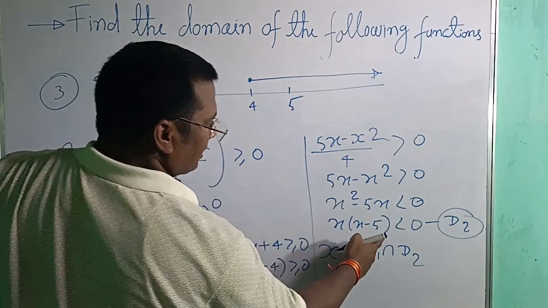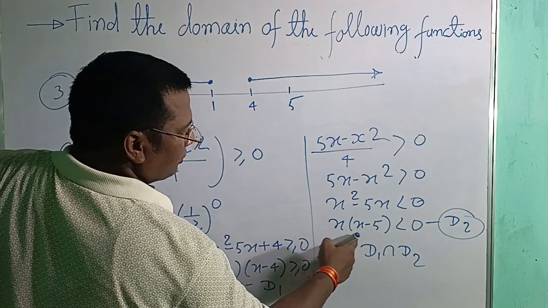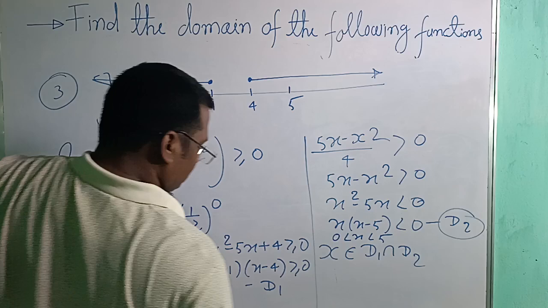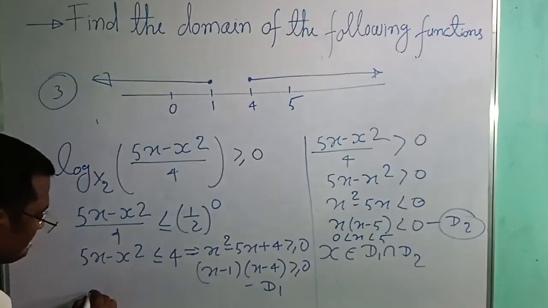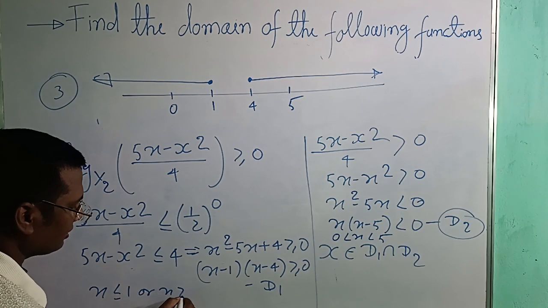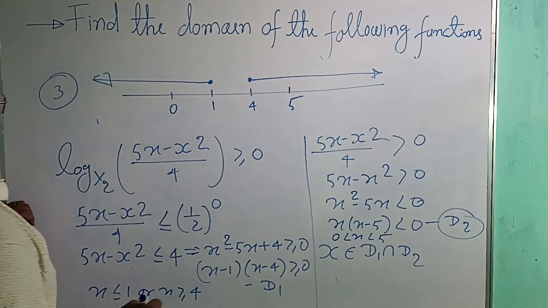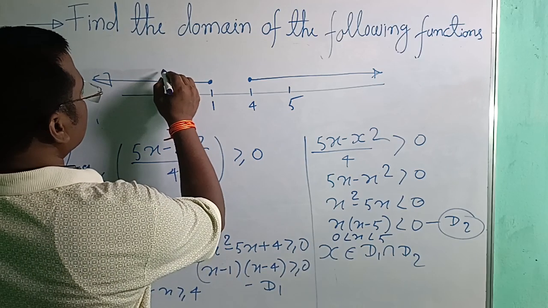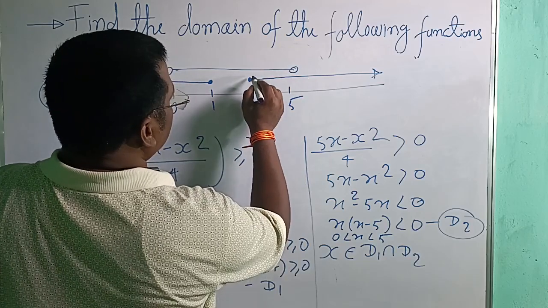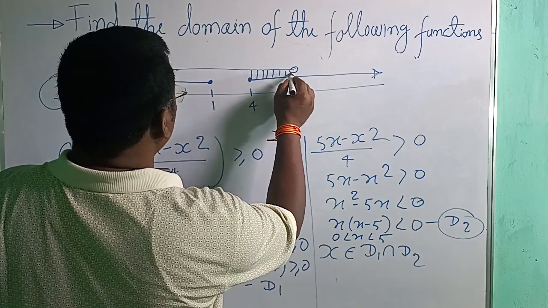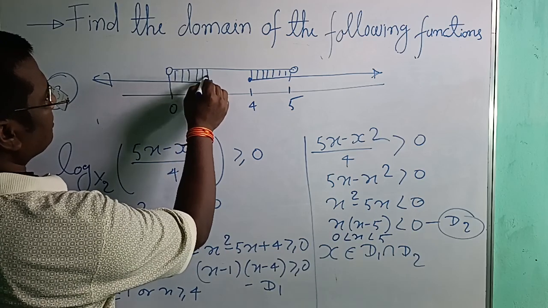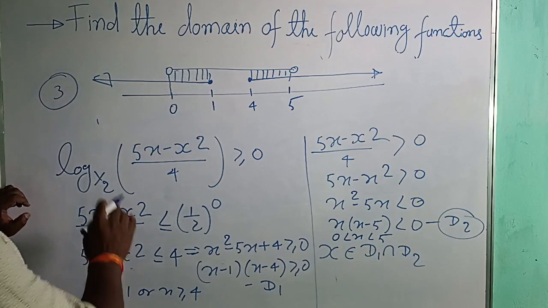Again, domain number second. This lies between 0 and 5, you can say 0 less than x less than 5. From here you can say x less than or equal to 1 or x greater than or equal to 4. So the open interval 0 to 5. So the intersection part is this. Or here the intersection part is this. Okay. So your answer is